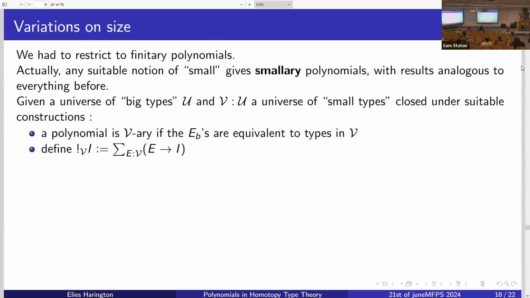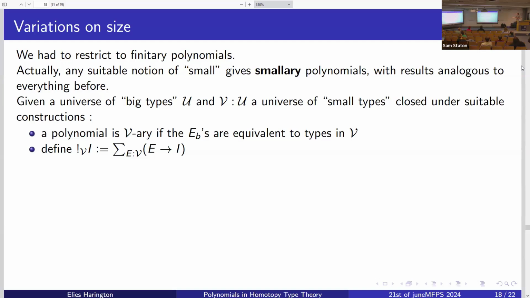Now, I've talked a lot about finiteness, but actually we don't need finiteness. We just need any notion of smallness. So if you remember before, the issue was that we cannot take the set of all sets. So we had to restrict to something smaller, and any right notion of smallness will work. So in type theory, we have a notion of smallness given by universes. So if you have a universe U of big types and a universe V of small types living inside it, closed under suitable